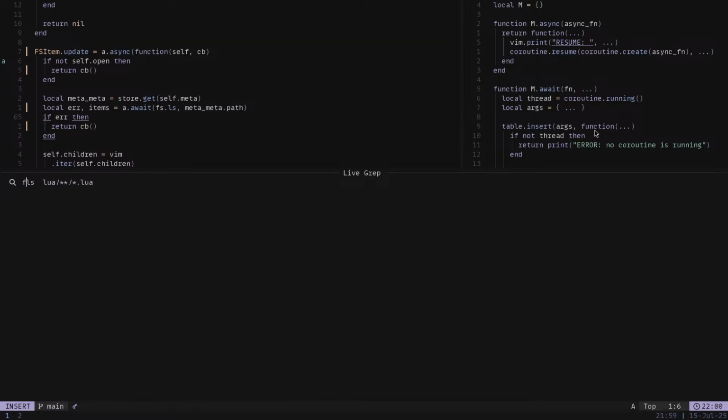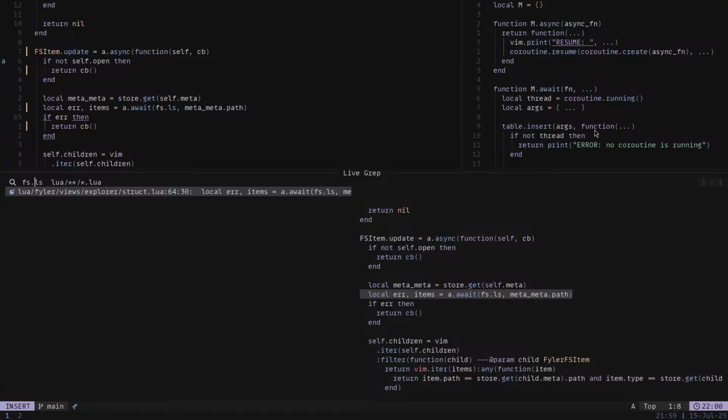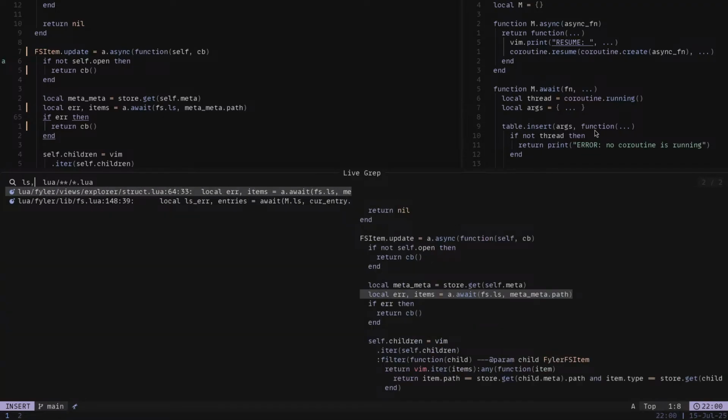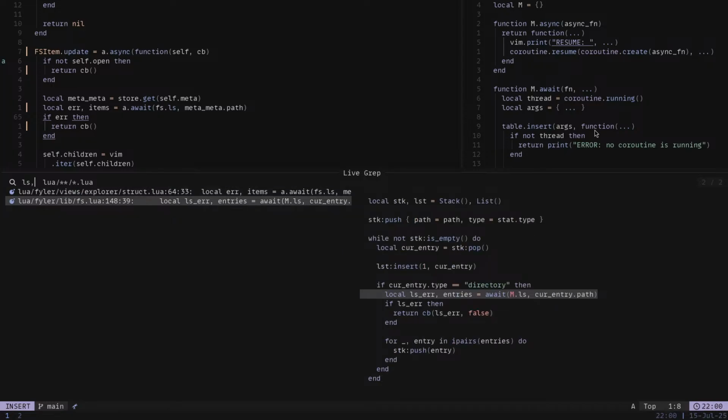Maybe it could be fs.ls. So there is only one place that we are using fs.ls. Okay, how about this? We are using fs.ls here, and we are using fs.ls here,